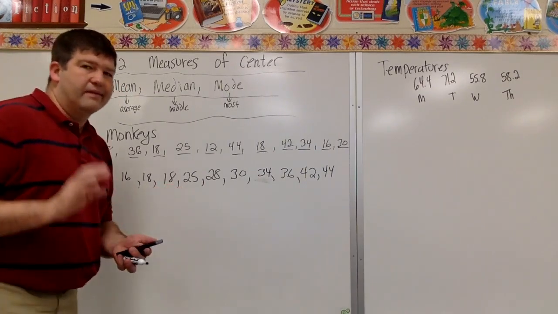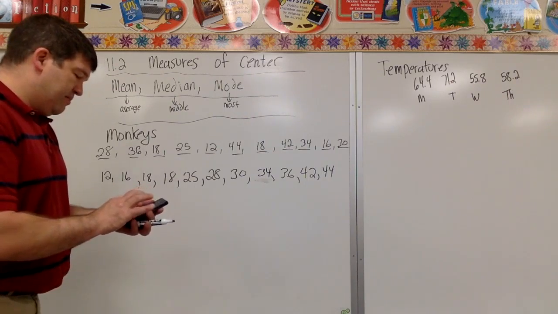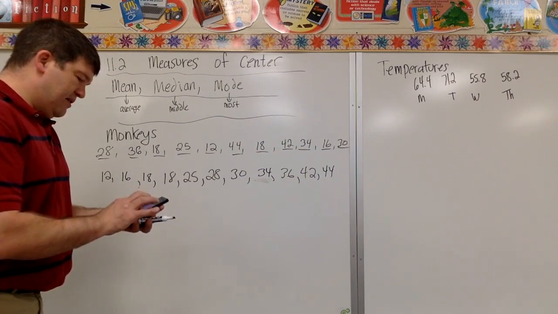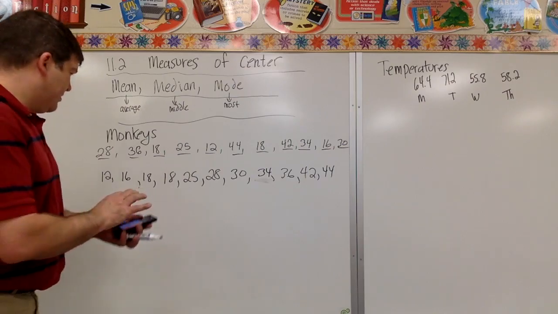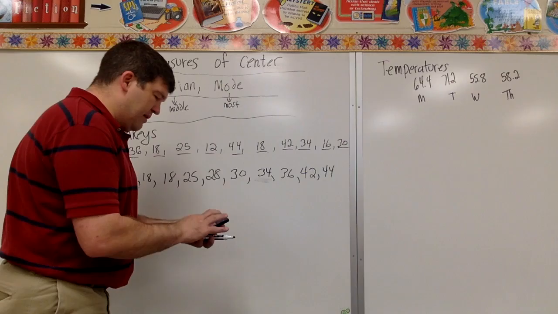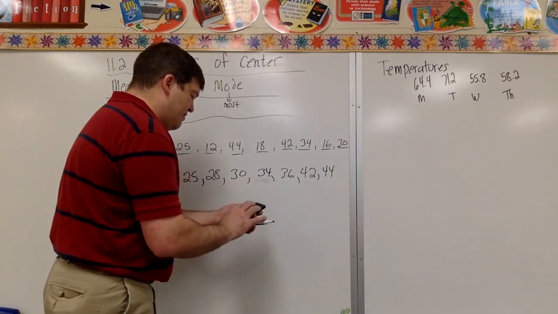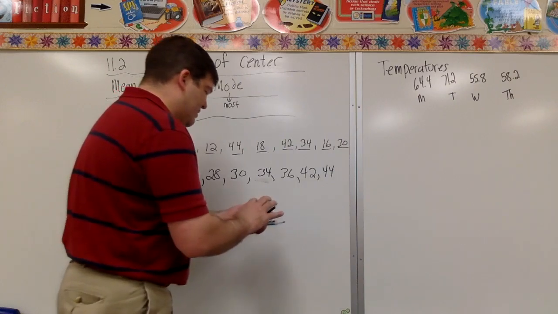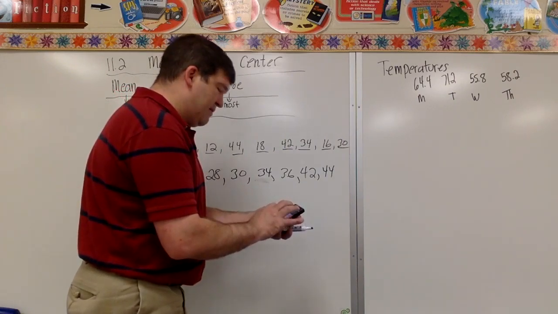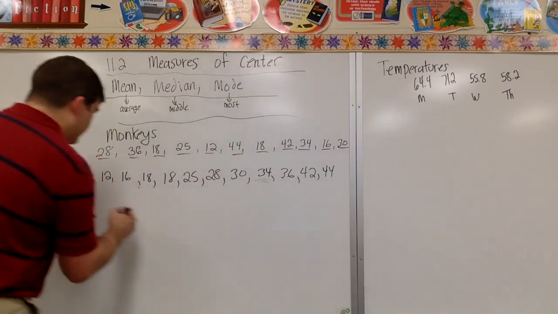Oopsie, I got to do it the correct way. 12 plus 16 plus 18 plus 18 plus 25 plus 28 plus 30 plus 34 plus 36 plus 42 plus 44 equals, so total monkeys